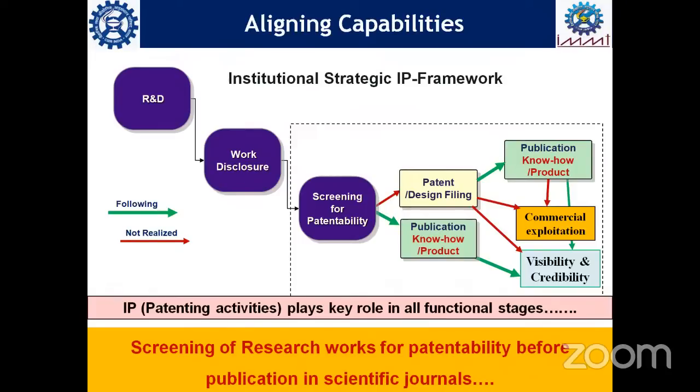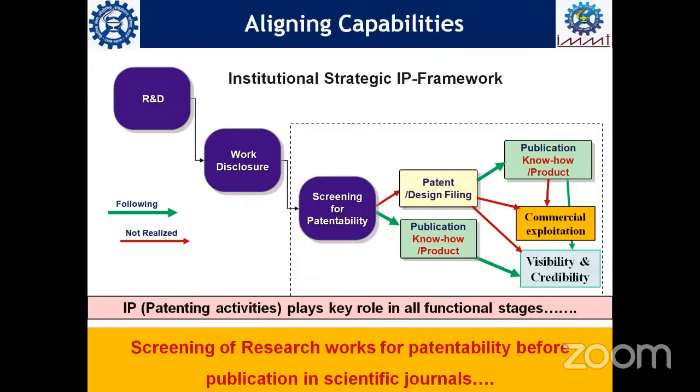Even our practices have got all kinds of capabilities. The only requirement is we need to integrate them, we need to align them. Once we do this, certainly we can do wonders. And to simplify it further, the only one thing that we need to practice is whatever research we conduct, before publishing it in a high impact journal, we should look for its potential for patents. If you find so, you should take an IP first, take a patent first. After taking the patent for the same work, you can publish.